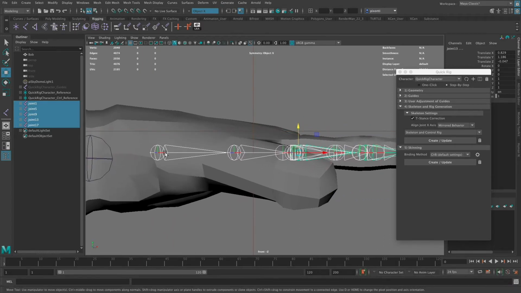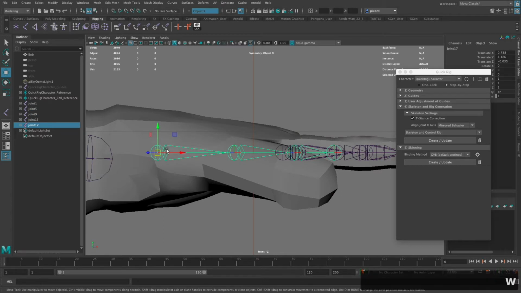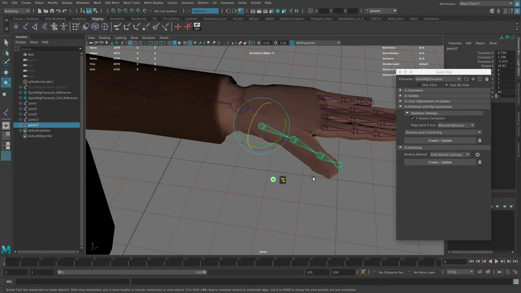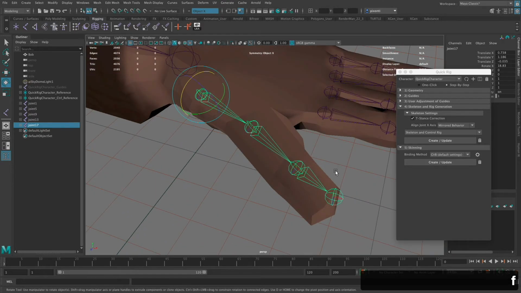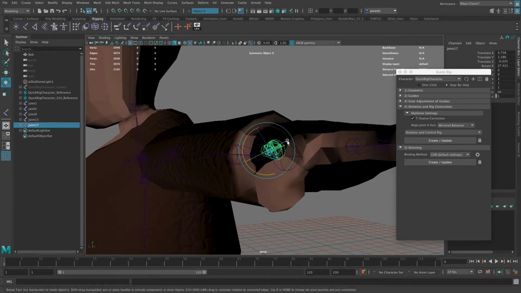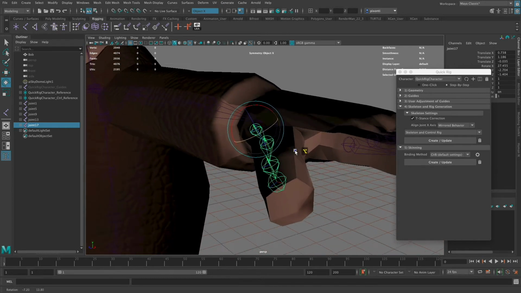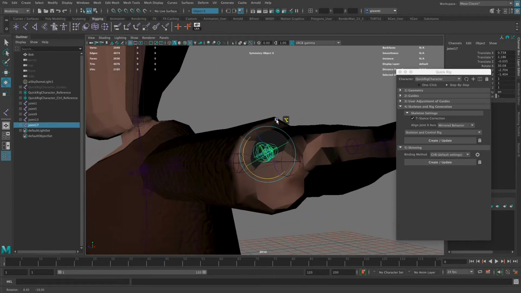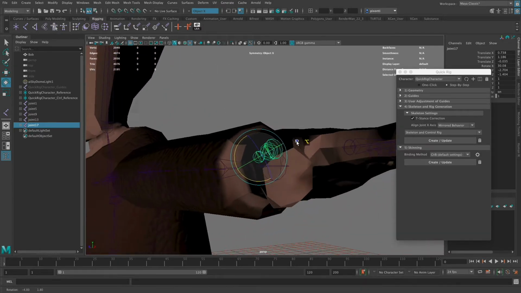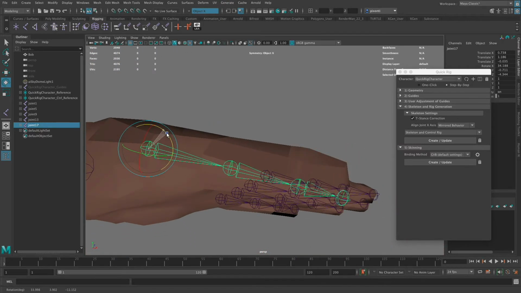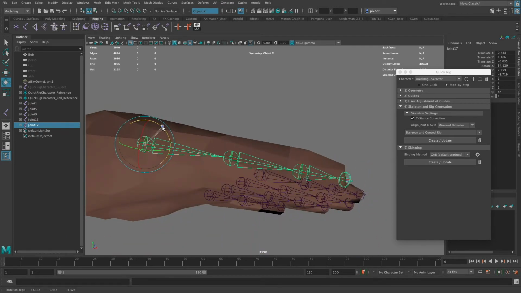Right? Now with this one, I'm going to have to rotate this to line it up with my thumb. So I'm going to go to my perspective view. Let's just hit F on the keyboard. Right? And I'm going to line this up so that the joints of the thumb go straight down the chain. Right? And I want this as straight as possible. But I'm also looking at the angle that I've created my thumb, and I want to make sure I've rotated this in that direction, and then rotate this down. Right? Now,